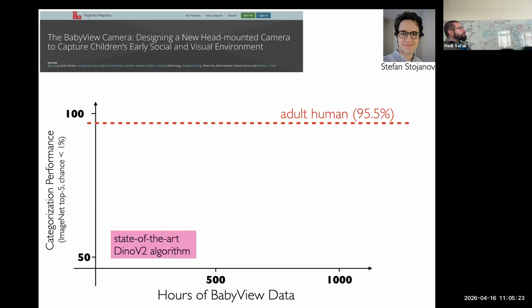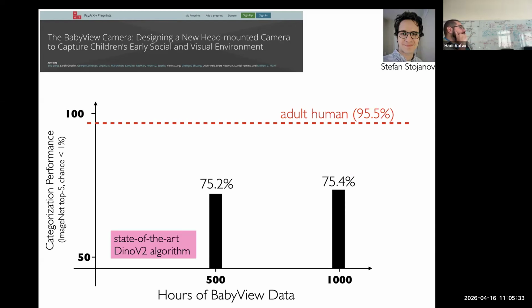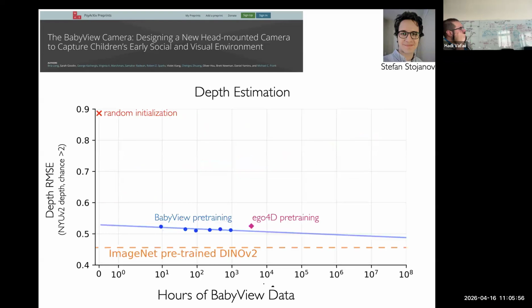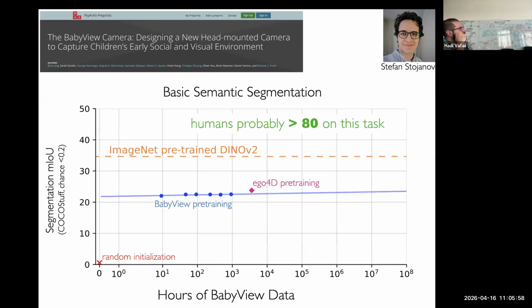And so at 500 hours you're here relative to humans. And then at 1,000 hours, you're here relative to humans. Right? So finally we're getting a clear picture that, for example, even if you had say 11,000 years of data, you would finally be getting maybe close to human performance on this thing. So this is exactly the problem you mentioned. Humans do it in 11 years or a bit less, not 11,000 years. This is exactly the issue. And this was true for other tasks, like depth estimation or semantic segmentation.